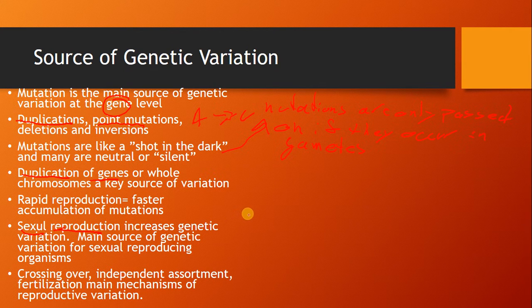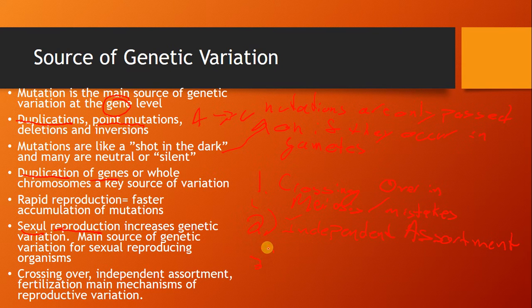And there's 3 ways that sexual reproduction increases genetic variation. So, 1, crossing over in meiosis, maybe mistakes in meiosis. 2, independent assortment. So if we think back, during the anaphase of meiosis 1 and 2, homologous chromosomes and sister chromatids can go to either side of the cell, and it really happens randomly.